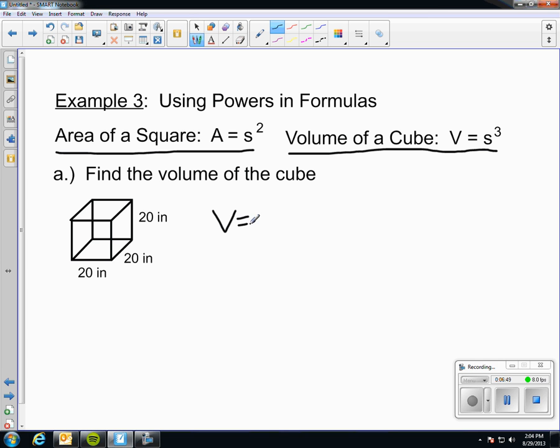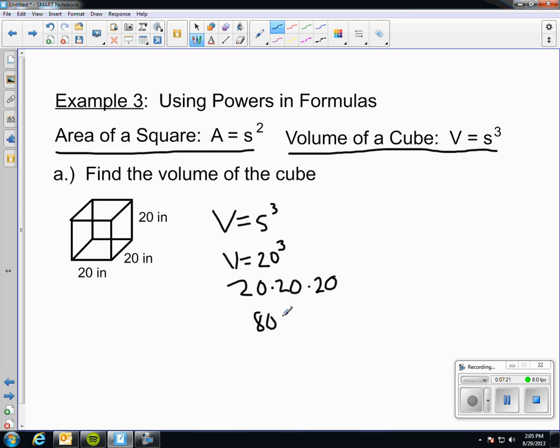I do want you to write down your formula, v equals s cubed. Then you're going to write your substitution step, v equals, that's 20 cubed. Okay. Then write out your 20 times 20. So I'm just going to put 20 times 20 times 20, since I'm multiplying 3 of them. Okay. And then you can use your calculator, do it in your head, and you will get